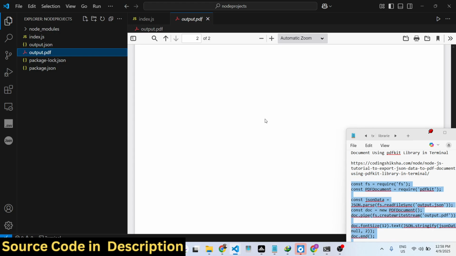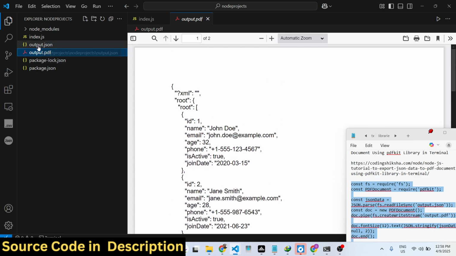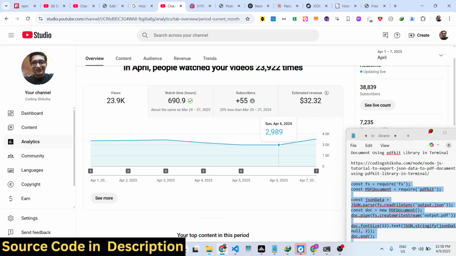So in this easy way guys, you can create your PDF file from the JSON file using pdfkit inside Node.js,